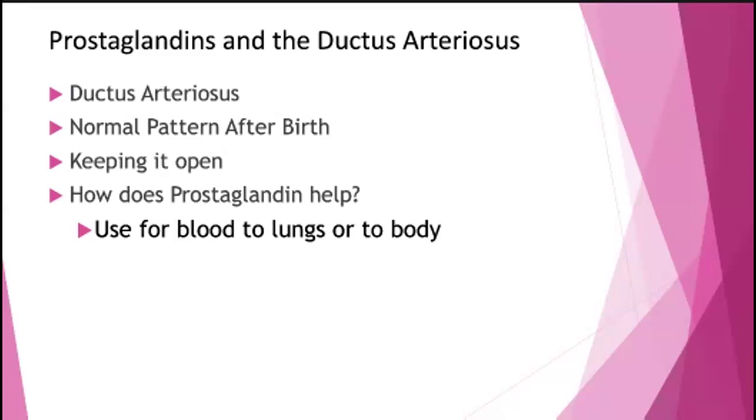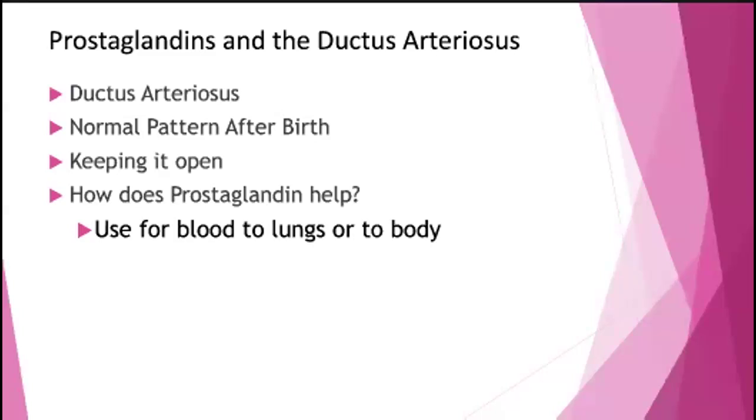So again, if you're asking yourself, what is the ductus arteriosus? In babies before birth, the ductus arteriosus is the normal blood vessel that connects the pulmonary artery to the aorta. This lets blood skip the lungs in the womb since babies get their oxygen from the placenta, not the lungs. What normally happens after birth, as the baby takes the first few breaths, the lungs open up, and then the ductus arteriosus is supposed to close within the first few days of life because now the lungs are oxygenating and